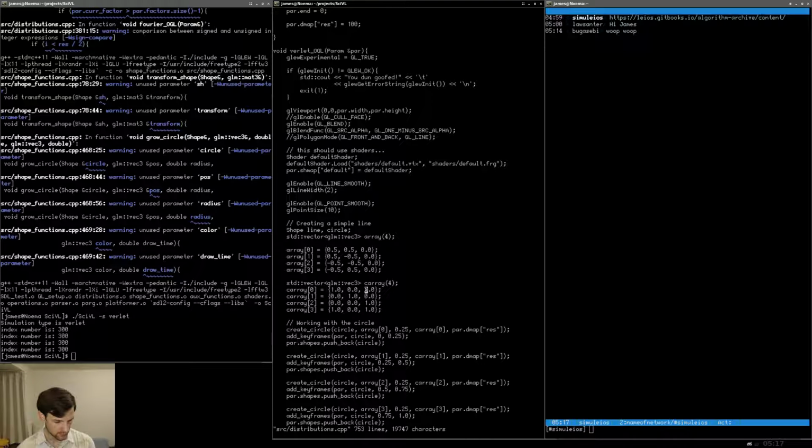So let's change this to, this would be purple, but we want it to be a little bit darker. So let's change this to 0.5. And 0.5. Sorry, I'm just kind of playing around. So right now, I guess there might be not so much interest in here. The next will be,